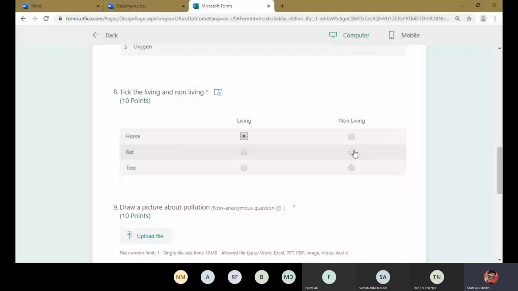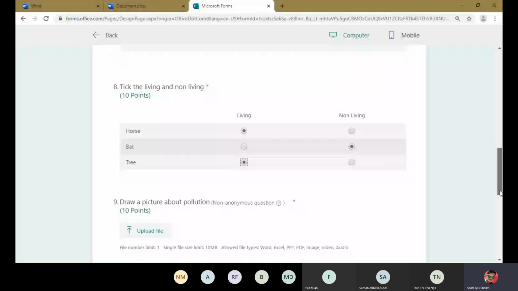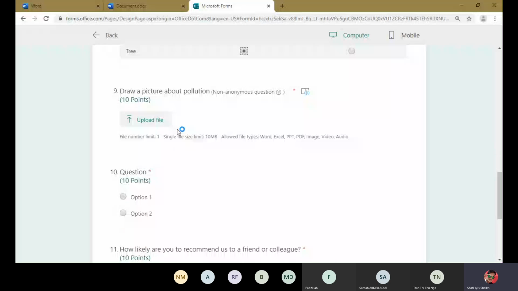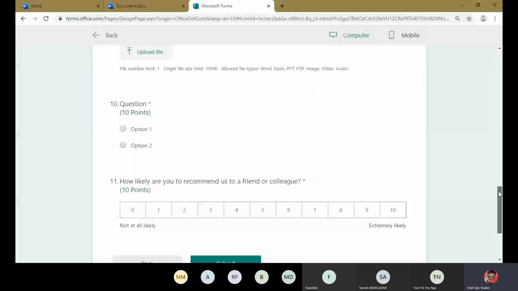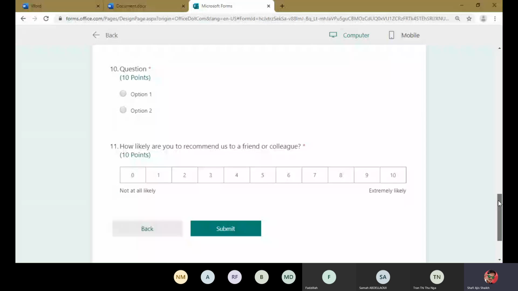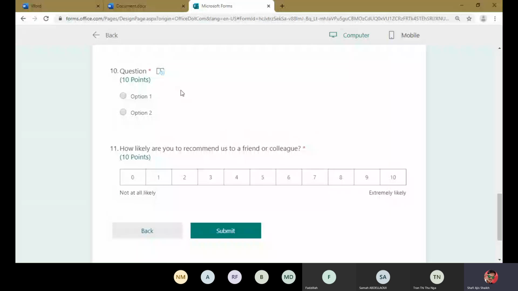Upload file. Student can choose to upload file from their device. Student can upload here file. Okay. This way. This was the untitled question. I think we have not given a title. And this was a student can choose any options like this 5 or 6 or 7 or 3 and he will submit. Okay, finally. So in this way, we can collect nice data from our students.